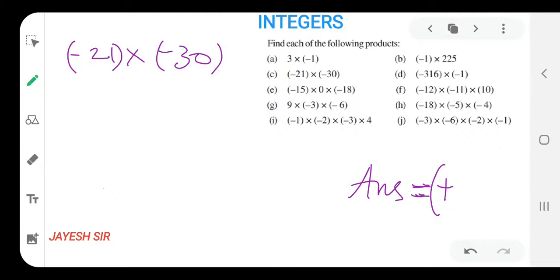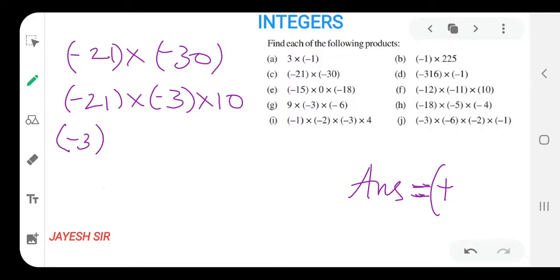Can we solve it like this? Minus 21 into minus 3 into 10. Can I write like this, friends? Because after seeing digits of smaller value, my mind is capable to multiply it easily by mental math only. Further, can we solve? Yes, friends, we can further solve. 21 can also be split. 7 threes are 21. Minus 3 into 7. And here minus 3 into 10. I hope now you would be able to solve it mentally.